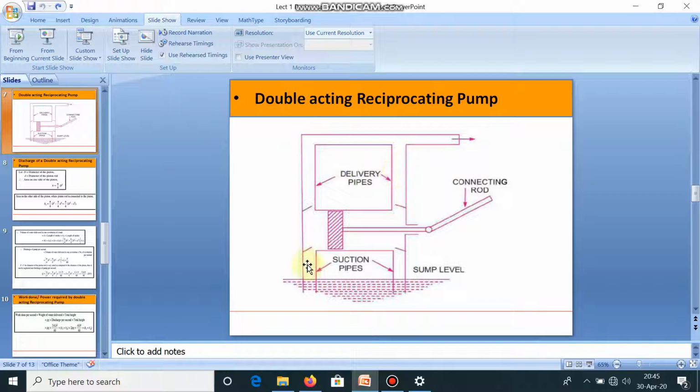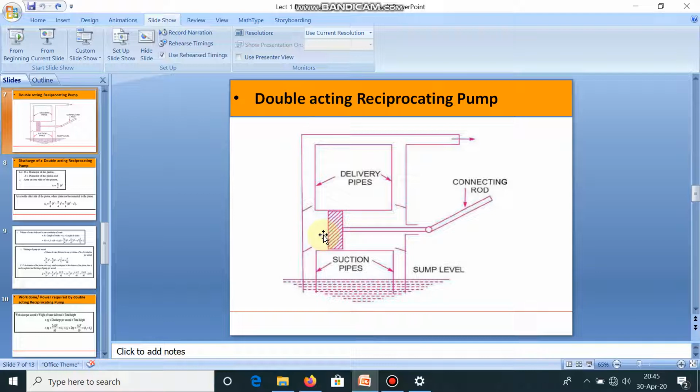Let's say this is suction pipe number 1, suction pipe number 2. This is delivery pipe number 1 and this is the second. Now the other remaining working parts are the same. So when the piston moves towards the right, the volume of liquid towards the left of the piston increases, that will drop the pressure, and that's why the suction valve in suction pipe number 1 gets open and liquid gets admitted inside the